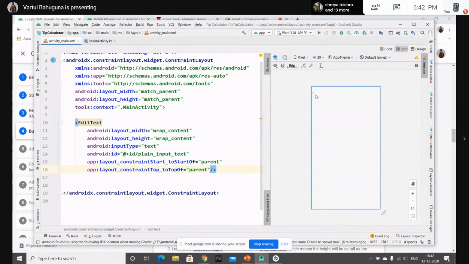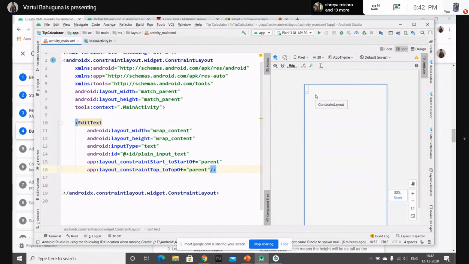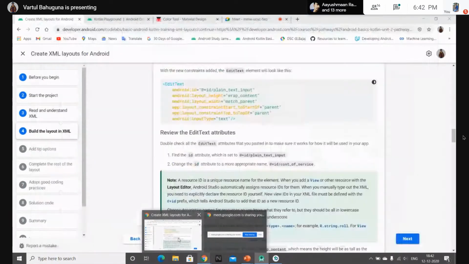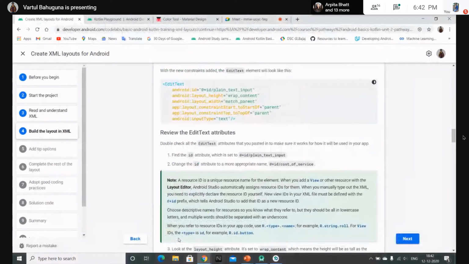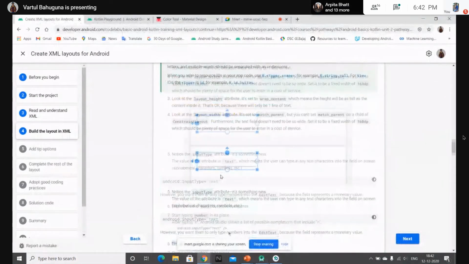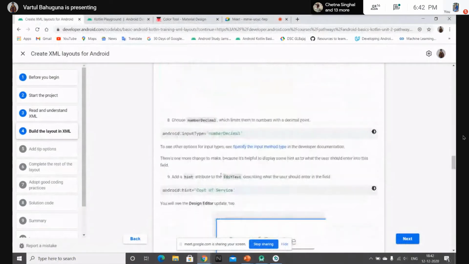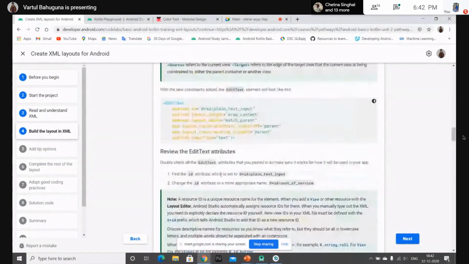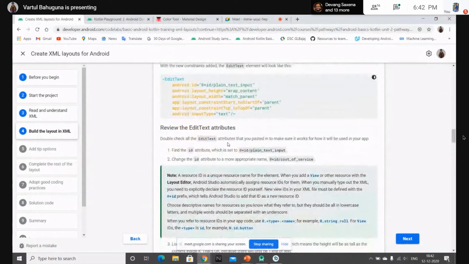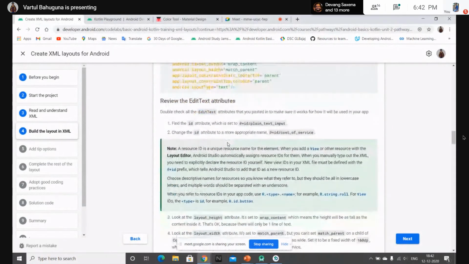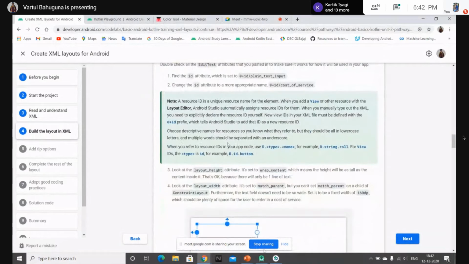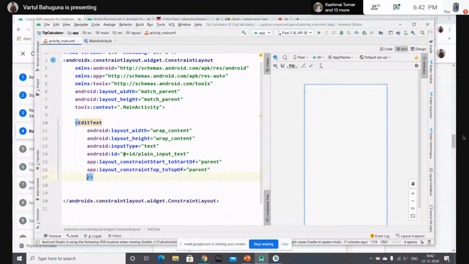So here you can see our little text view over here. Let's get back to our Colab. And okay, so now to review our text, like what's written over here. If you are writing something, it will be written. So you can always test it by